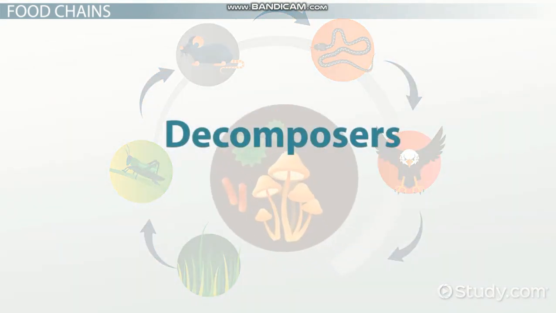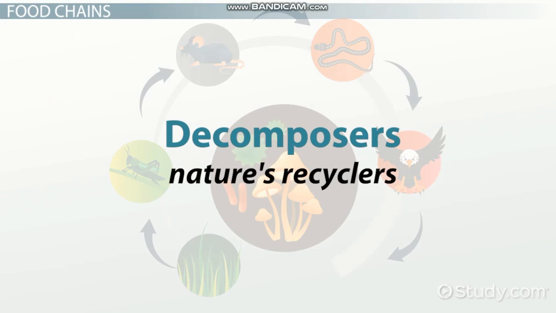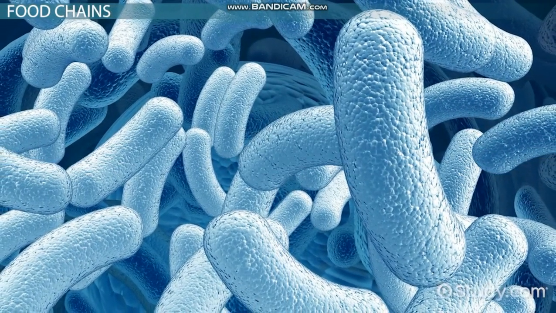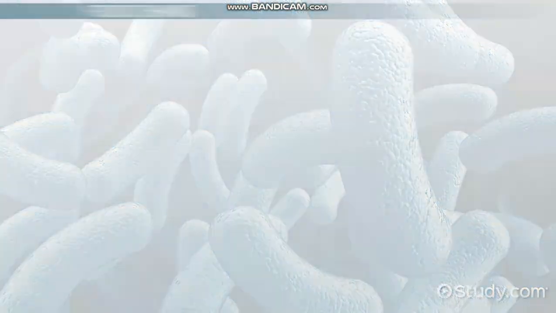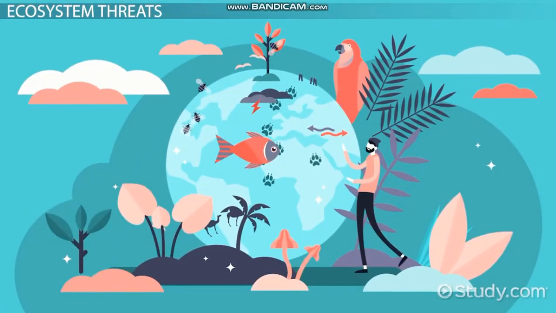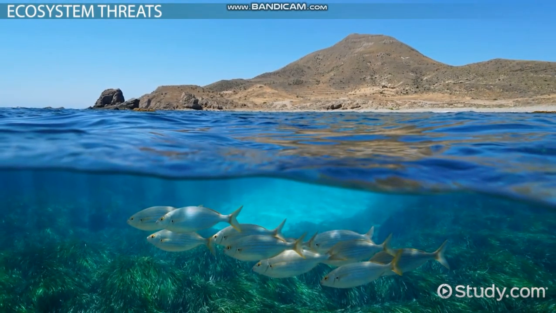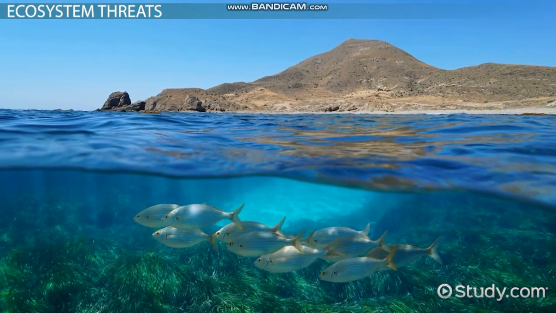Decomposers, such as bacteria and fungi, are nature's recyclers. They eat dead plants and animals, breaking them into small bits of nutrients that go right back into the soil for plant use. As you can see, an ecosystem is a delicate balance between many organisms and the environment that surrounds it. Changes or threats to one ecosystem will not only affect that ecosystem, but it can also affect the